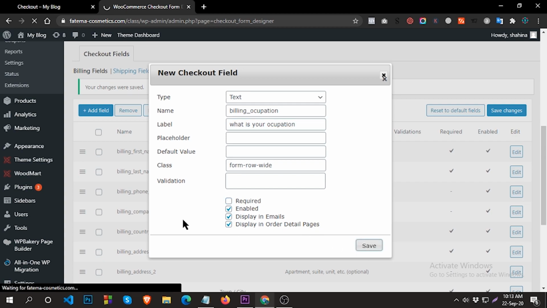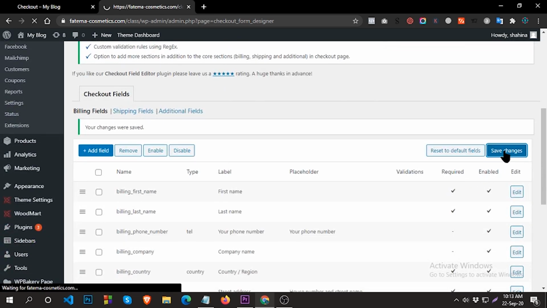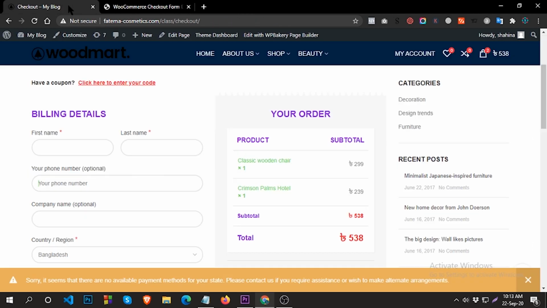Then click on it, save, then save changes. Go to the checkout page, refresh.